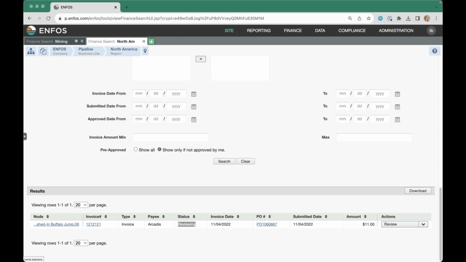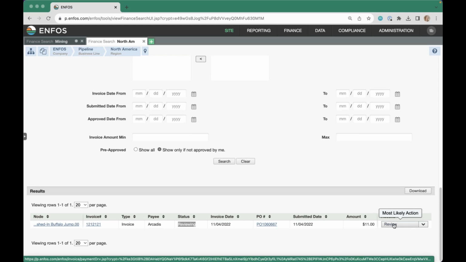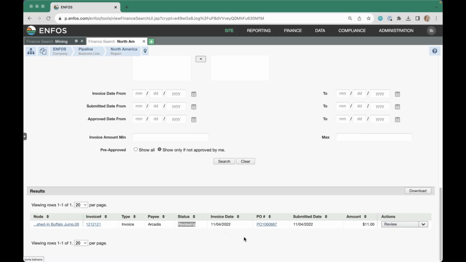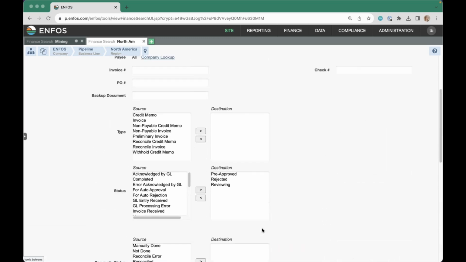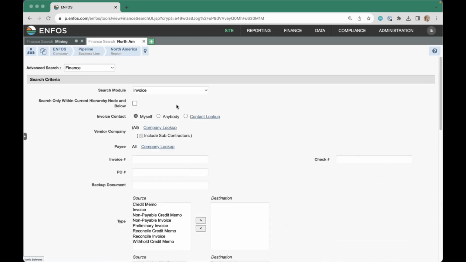Maybe the wrong contact was added, or maybe you don't have access to a site. If you didn't have access, you wouldn't actually be seeing it. But maybe there's something that you missed. You can absolutely take action from this page and start reviewing it there, or use your links to navigate to each one. But I would use kind of this open status for each of the financials to check any work